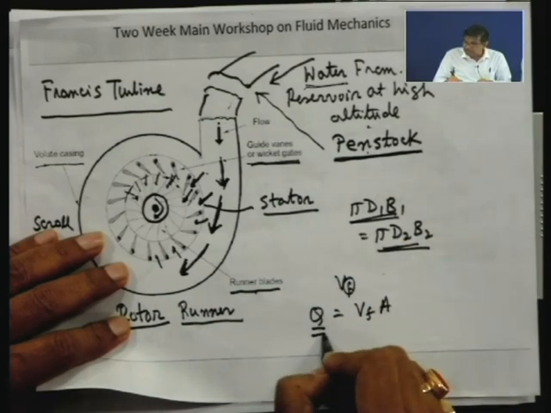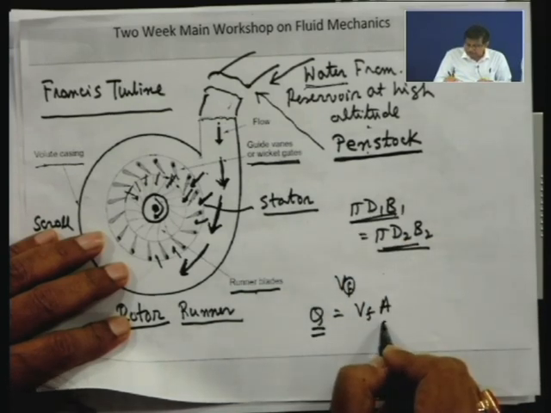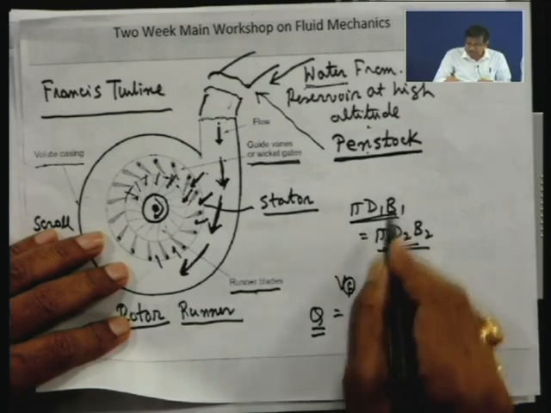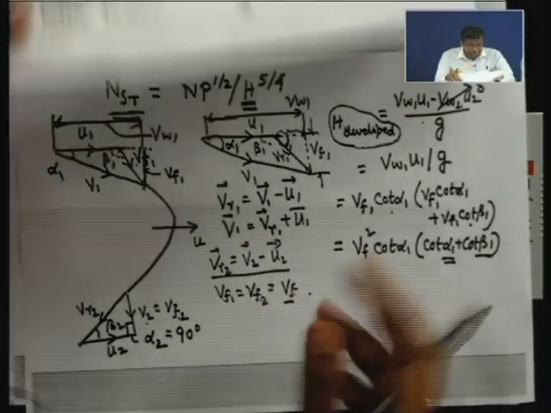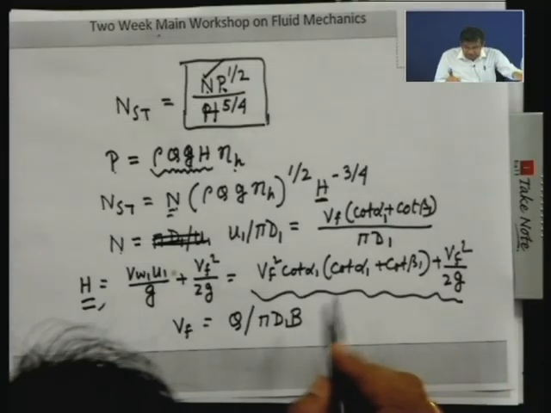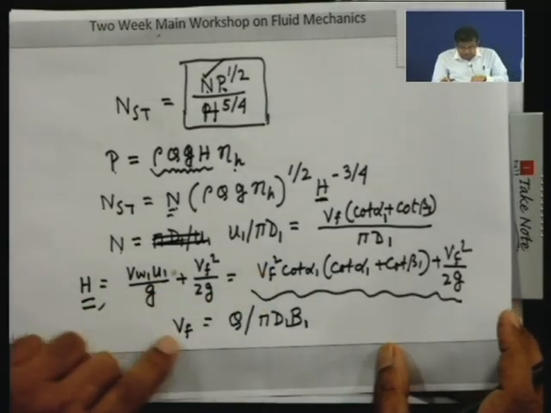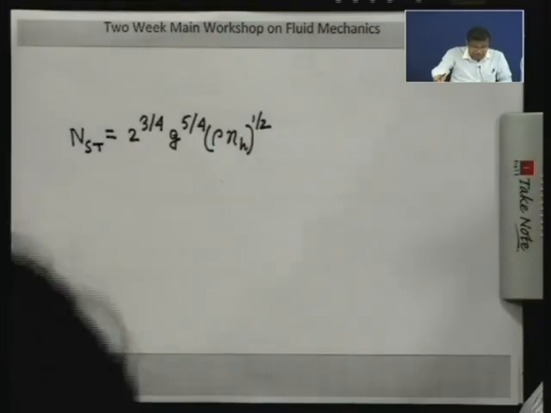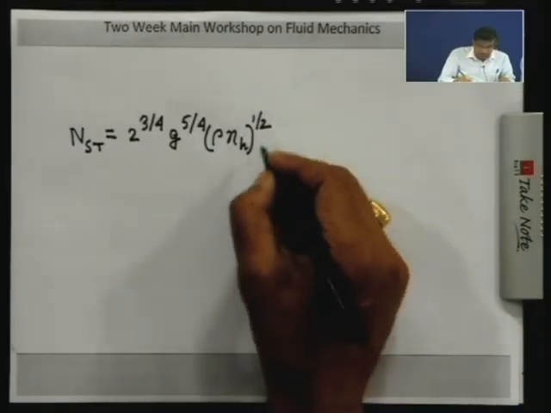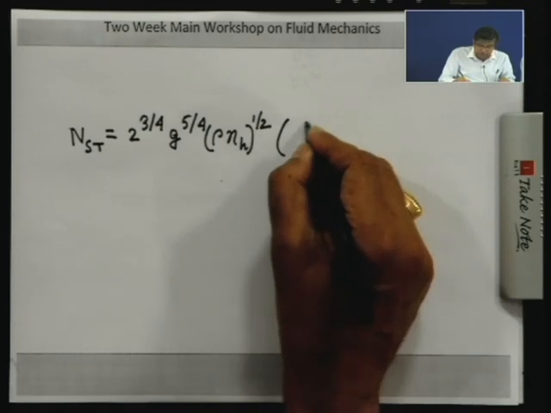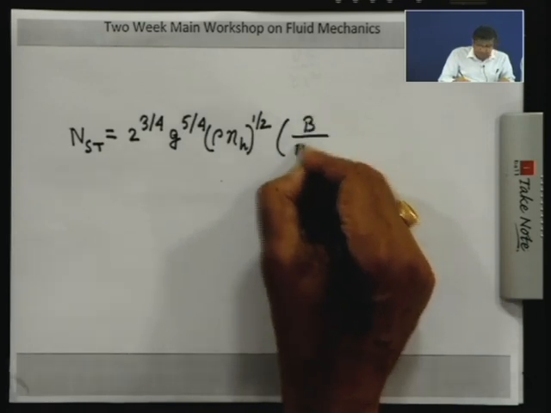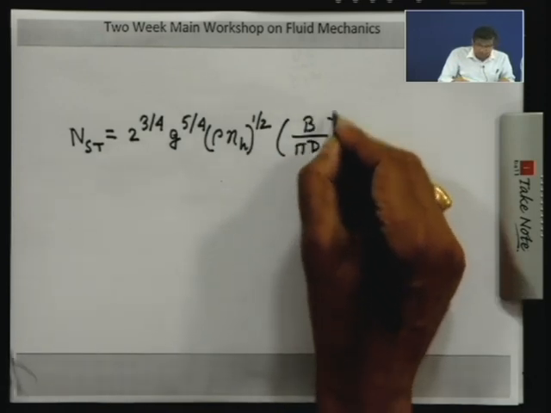If this has to be the same under steady state, as you know from basic fluid mechanics, then this has to be adjusted. So at the inlet, if we write Q as pi d1 b1 times Vf, Vf has to be replaced by this, then finally it comes to B by pi d1, half